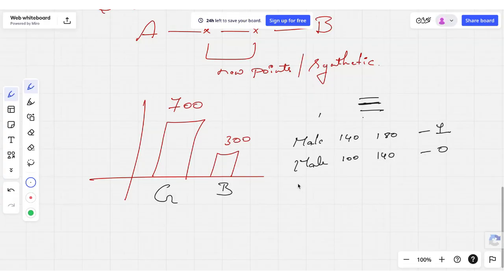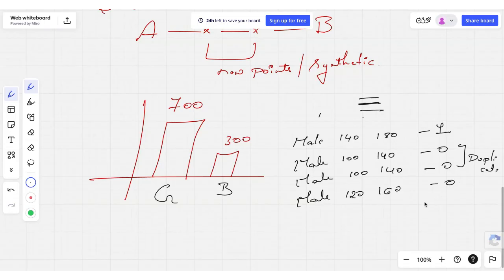Repeating exactly the same is a duplicate. What if I create a new observation? Male, instead of 100, let it be 120. Instead of 140, let's say 160. So it's a 0. This is not a duplicate, this is a new observation.